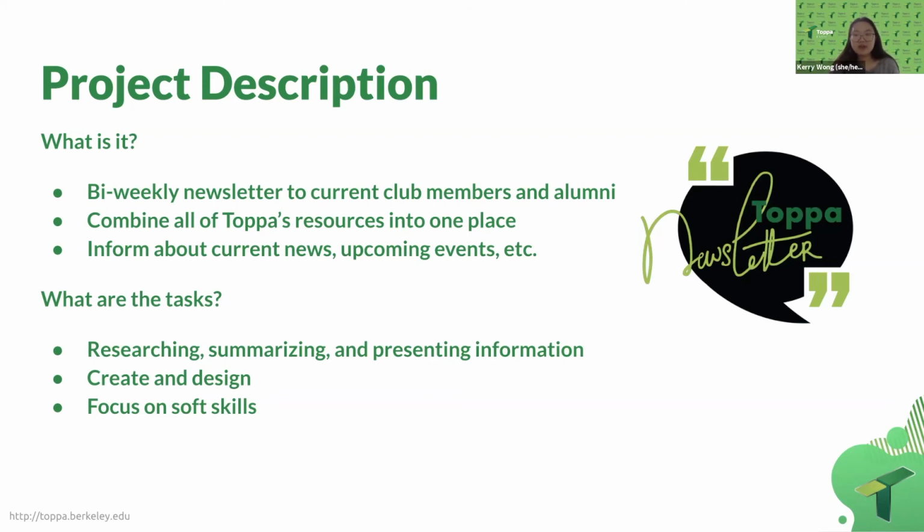Last semester, we had 4 sections of the newsletter. There's a current news section, and upcoming events, so that's like any upcoming interview preps or career fairs. We also had another section introducing other Toppa members and projects, and a Q&A recap of general meetings whenever we had a speaker. Those were the 4 sections for last semester, and as of now, they're the sections for this semester too, but I really want the project team to discuss it and see if they have any suggestions if they want to change any of the sections.